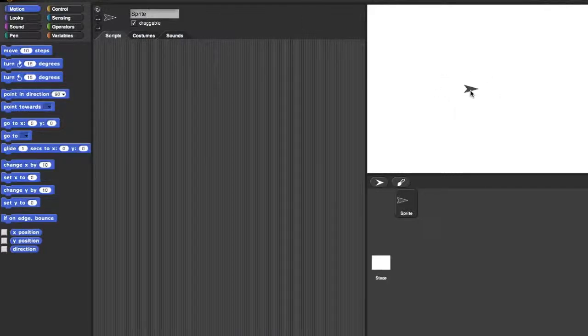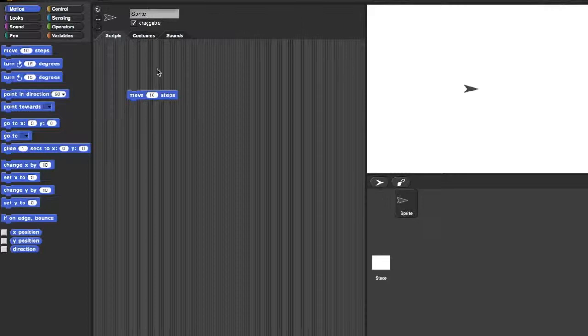This little arrow looking thing is called a sprite. Down here under the work surface you have a way to add more sprites or to create your own sprite. For now I'm just going to leave the default sprite and work with that. So I'm going to want to make this thing move and turn, and the first thing I want to do is say move. So I'm going to drag this block into the programming space under the scripts tag